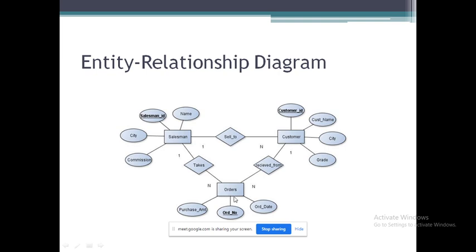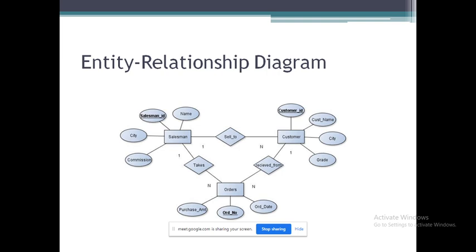You don't take it as a verb, because in SQL there is a keyword order, like order by you are using. So when you create the table, don't create the table with the name order. It will not accept because order is one of the clauses, order by you are writing. So order is one of the keywords. That's why, just to use a different word, we write order in plural.